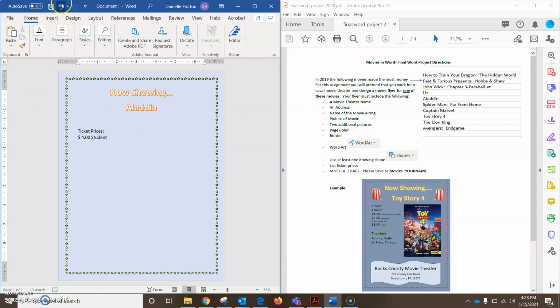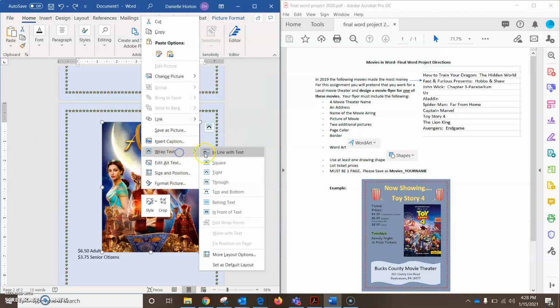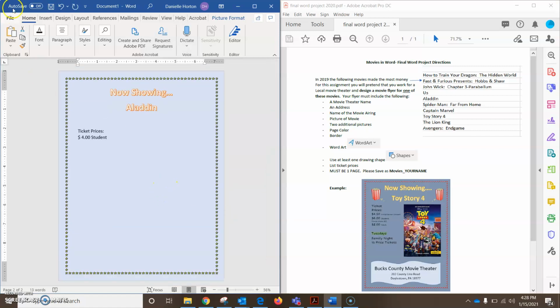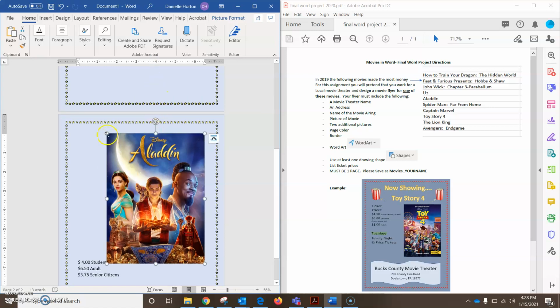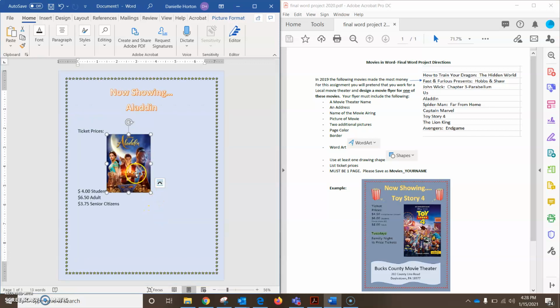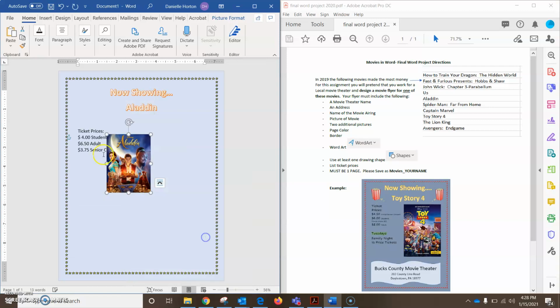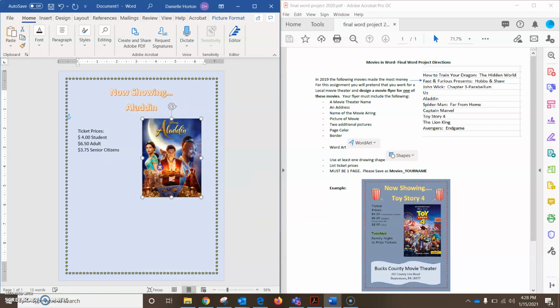And let me hit undo real quick. Wrap text, in front of text. And you know what? I'm going to try to do it this way. Move it back up here. I'm going to make this smaller. There we go. Now I'm going to change it to in front of text, and then I'll be able to place it anywhere on the flyer without it actually interrupting the rest of my